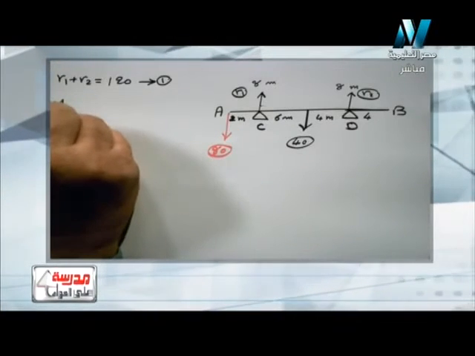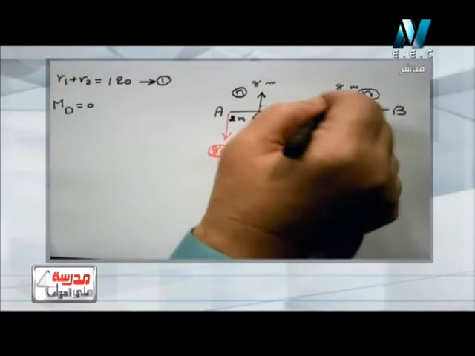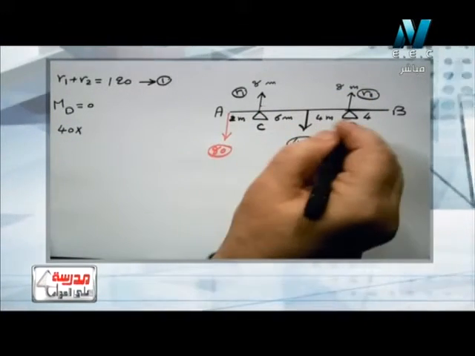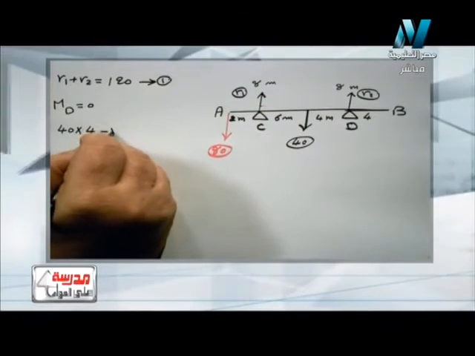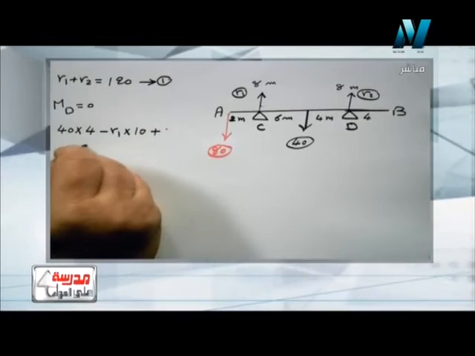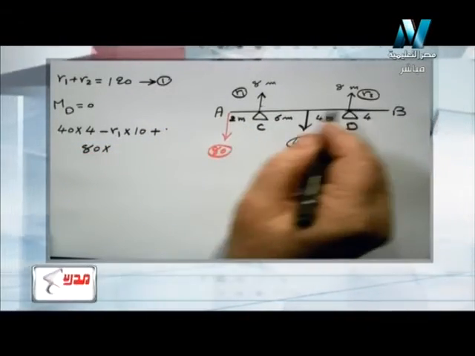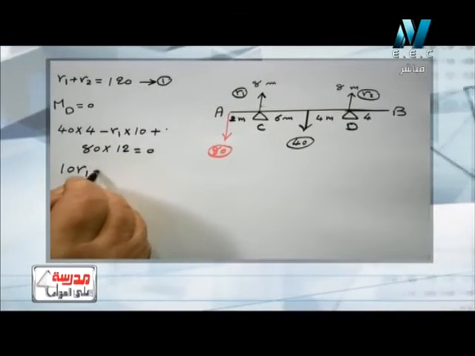لو خدت سي هنكنسل R1 ونجيب منها R2، ولو خدنا دي هنكنسل R2 ونجيب منها R1 as you like. فهنختار دي، يبقى مومنت at دي equal 0. يبقى R2 cancelled، يبقى 40 its rotation anti clockwise، يبقى positive 40 multiply 4. بعديها R1 with clockwise يبقى بالنيجاتيف، R1 في الديستانس CD it is 10. بعدين 80 positive anti clockwise plus 80 by the distance from A to D 2 6 و 4 يبقى 12 equal 0. يبقى 10 R1 equal 40 by 4 160